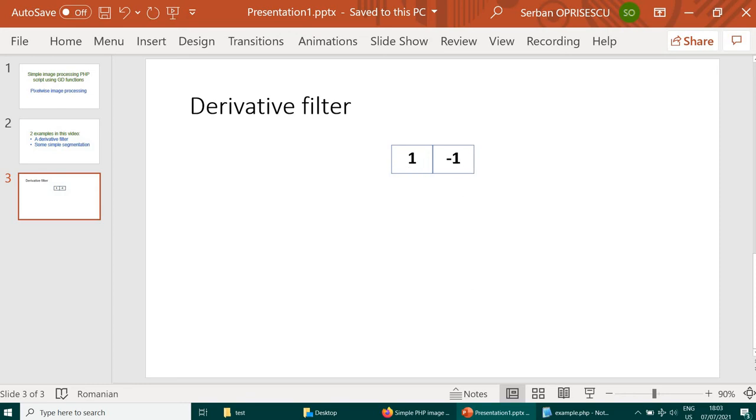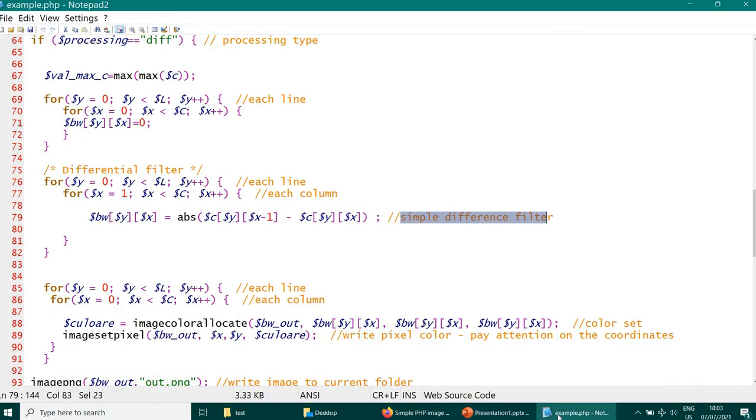So it's a very simple derivative filter: the absolute value of two horizontally placed neighbor pixels.